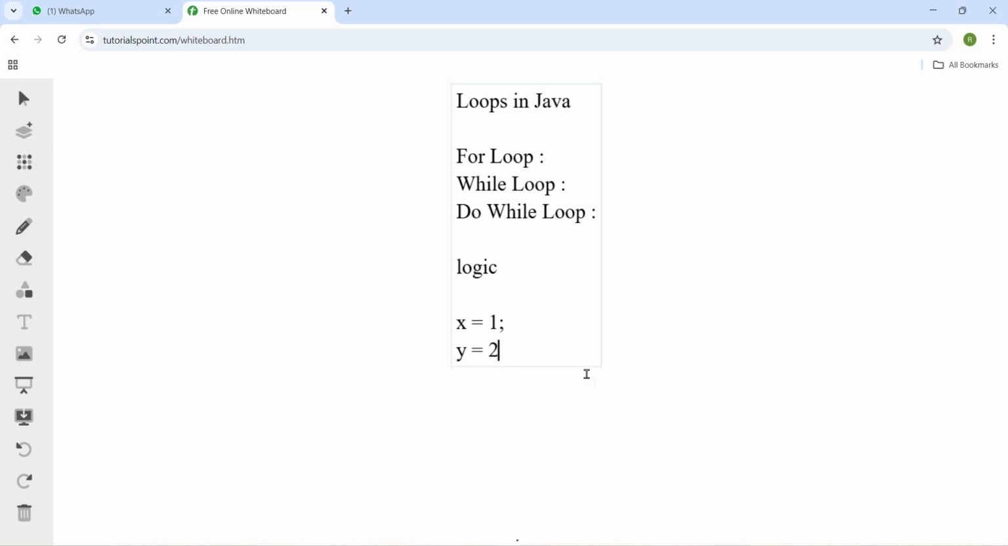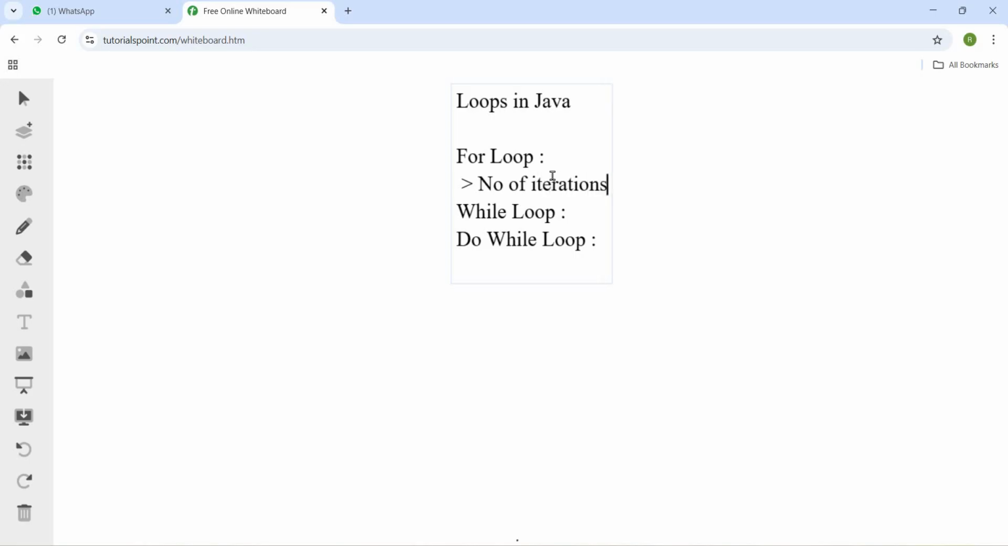Now let's learn about each loop individually. Let's learn for loop. We have three types of loops, right? For loop, while loop, do while loop. Now when to use which loop, right? Let's learn that. This for loop can be used only when we know the number of iterations, right? When we know how many times the logic should be iterated, then